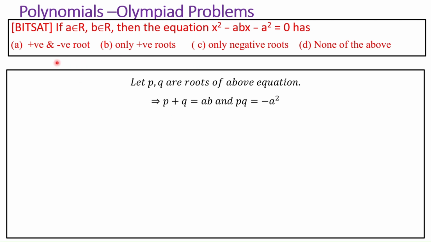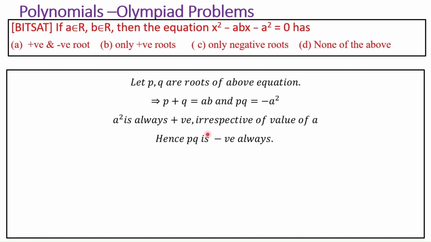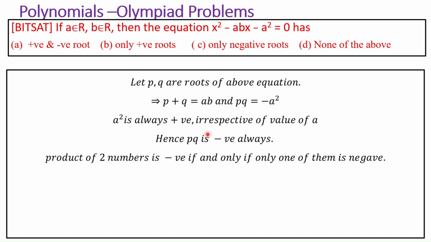Right? So now we understood the concept very easily, right? A is the answer, right? A square is always positive irrespective of the value of a, which means pq is always negative. Okay, that means the product of two numbers is negative if and only if one of them is negative, right? So one root is positive and one root is negative. Okay, that is, A is the answer. Okay, I hope you understand this. Okay, this is a very basic concept. Next,